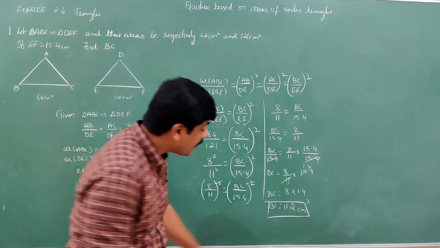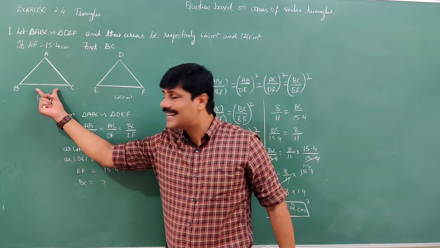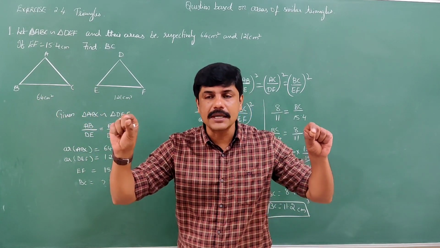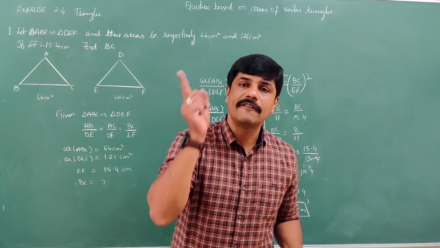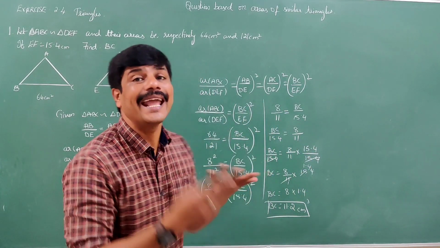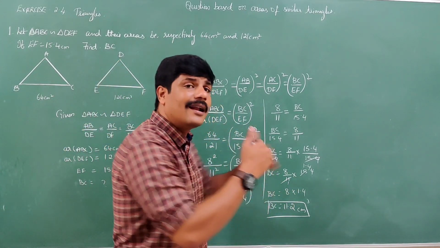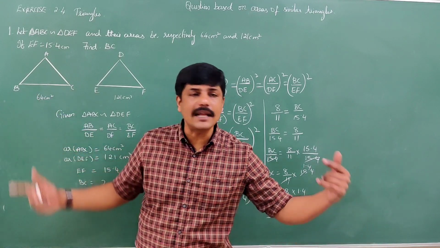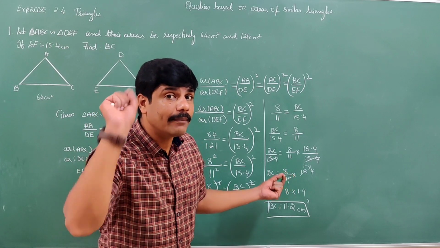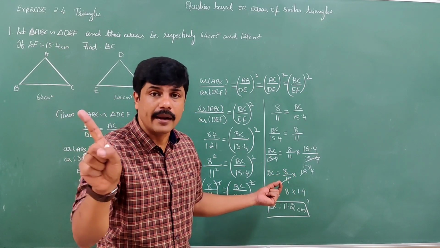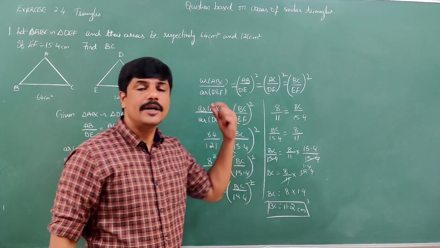Why do you have to write centimeter? Because BC is only one dimensional, that is length. Length could be mentioned in centimeter or meter or kilometer or whatever it is, but not square. If you mention square, then you are saying about area. We are not finding any area here. We are finding distance or length. Length of BC. What is the length of BC? 11.2. What? 11.2 centimeter. Not centimeter square or centimeter cube. It is 11.2 centimeter. Did you understand, children?